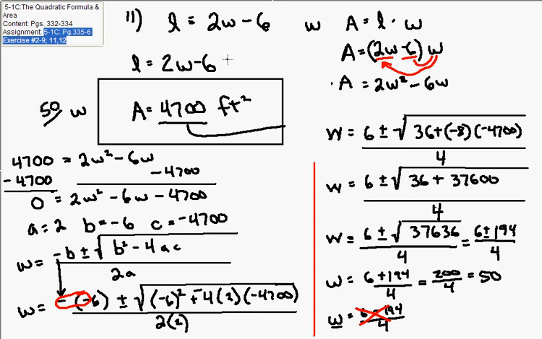And the length of this is going to be 2 times 50 minus 6. So we got 100 minus 6, which is 94. So that's the length of our